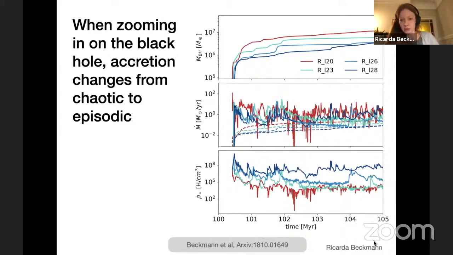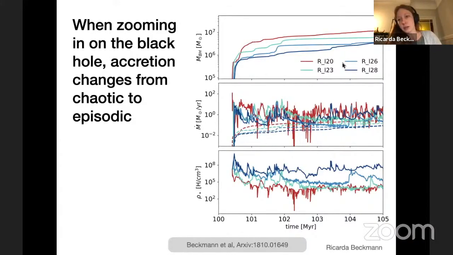So we're looking at only about 5 megayears here. All black holes start out identical, and then you can see they all accrete very efficiently. So over time, the mass of the black holes changes very quickly. But the first thing you will notice is that the lower resolution case actually was more efficient at accreting. That makes sense because we were removing gas on larger scales since we don't have any information on small scales. So the black hole actually grows much more efficiently over time.